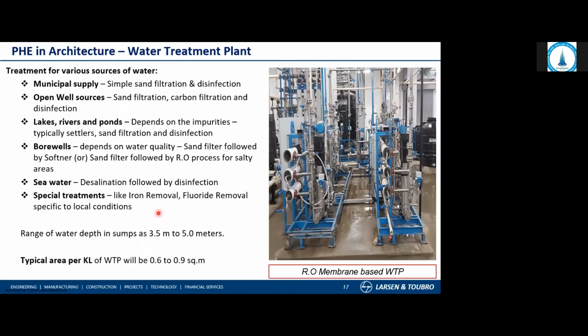Okay, approximately here, I can say there is a range of water depth for the sumps and all. We can keep a range of 3.5 to 5 meters. Based on our previous slide calculation of total sump volumes and all, you can fix a tentative depth for your sumps. Then during your master planning, you can fix how much area it can be covered for this particular